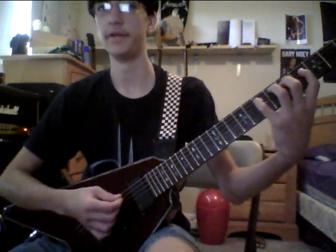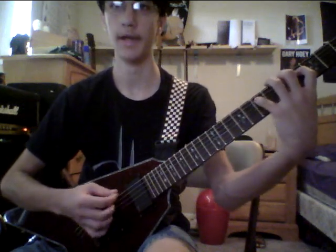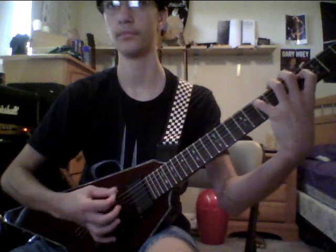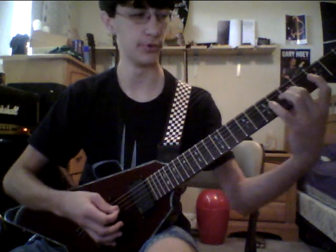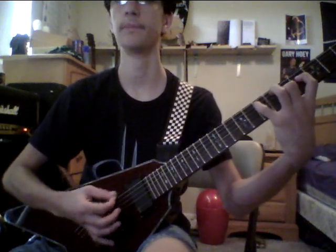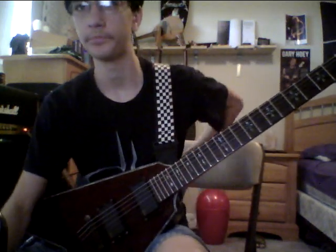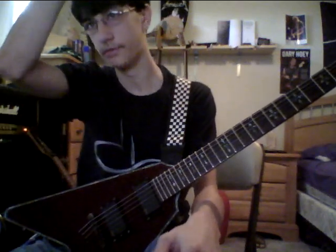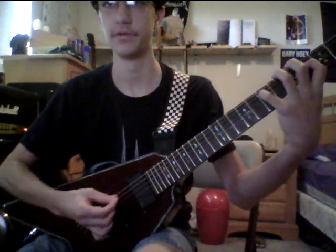Then you're going to do the same thing on the 7 of the G string and the 4 of the C string. And it's kind of like the same little pattern. We only played that twice, and then you put your middle on the 5 of the G string, and then do stuff like that. And then the only little change up after that, you do that a couple different times, and then when you get to the part that's